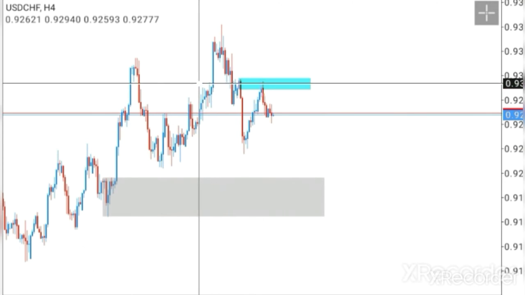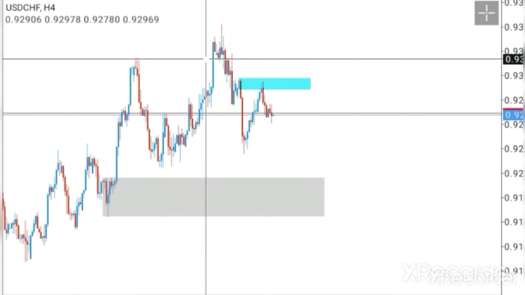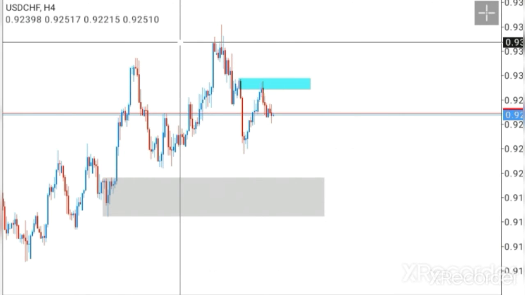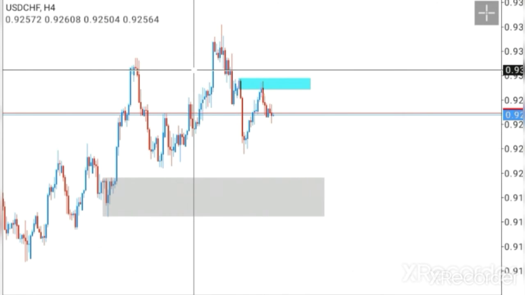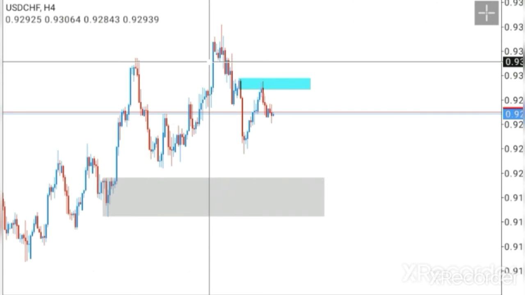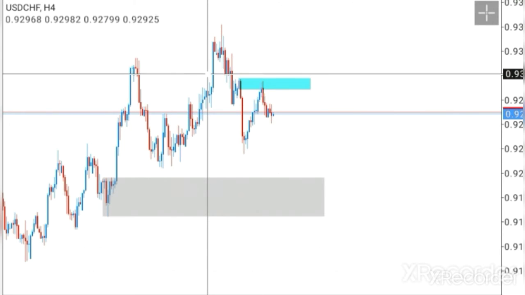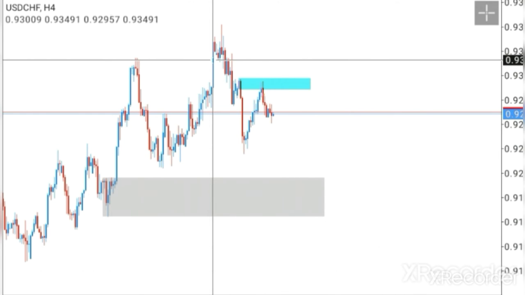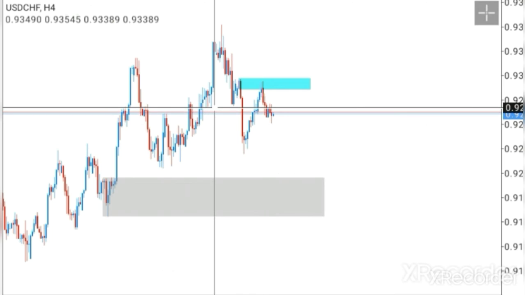Now look at it. Price broke structure here. Price pushed up and made a lower high here. Look at my cursor, made a lower high here, and here. And pushed up again, then broke that structure. That's number one break of structure. It came down again to break structure the second time.